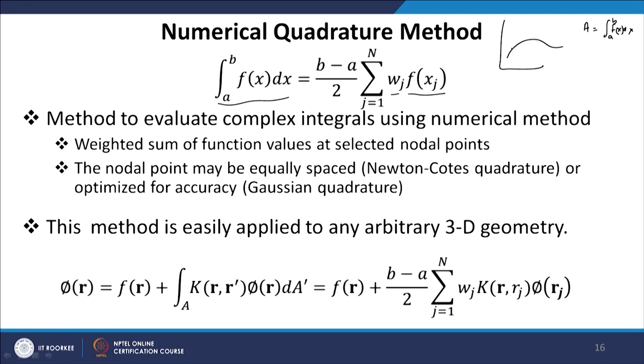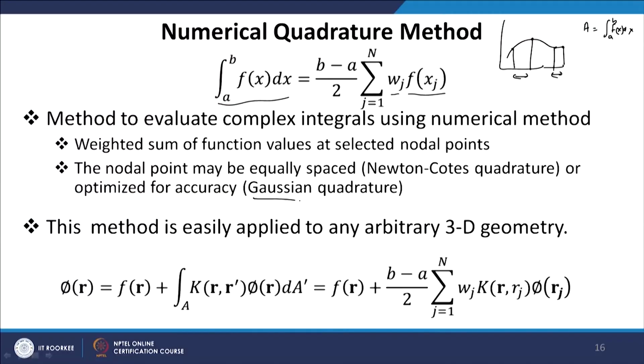Now, what we are saying is we have selected a few points on this curve, we know the value of the function at these points, and the area can be calculated based on the values at these points multiplied by some weights assigned to each point. These points may be equally spaced or they may not be equally spaced. If they are equally spaced, the method of numerical quadrature based on this approach is called Newton-Cotes quadrature, and